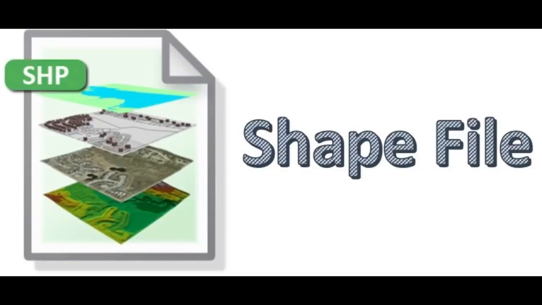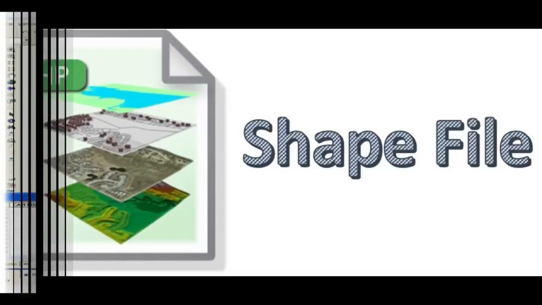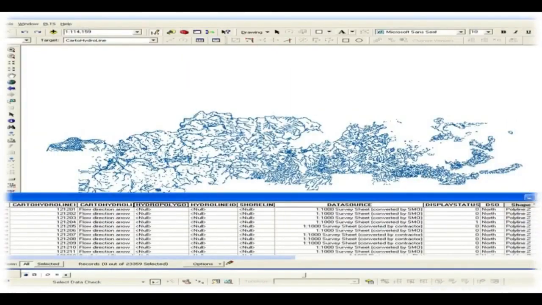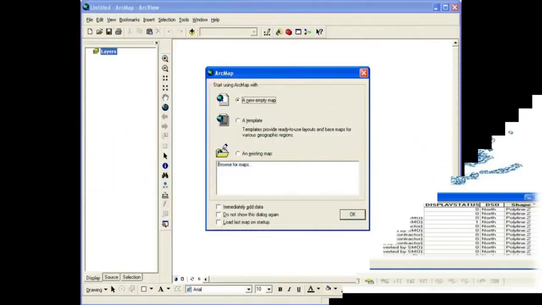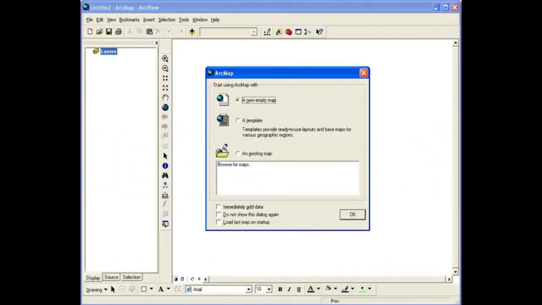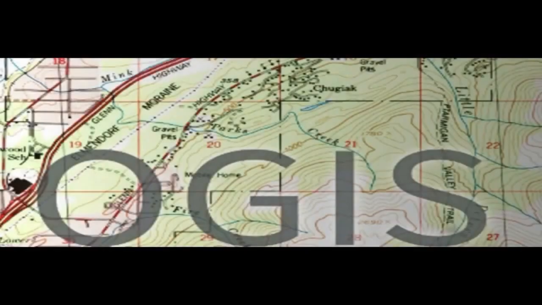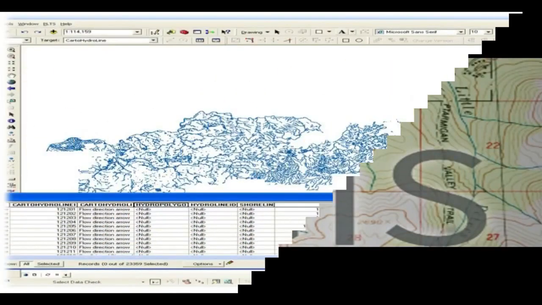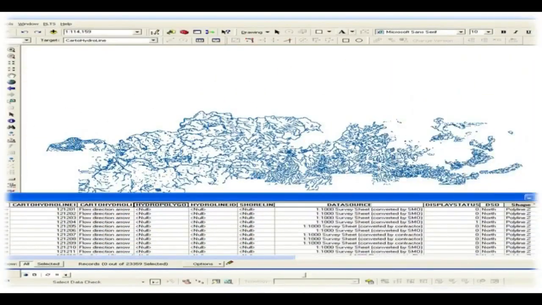Shapefile is a GIS file format and this is a single file format. Shapefiles are a simple, non-topological format for storing the geometric location and attribute information of geographic features. A shapefile is one of the special data formats that you can work with and edit in ArcGIS or any other GIS software. The shapefile format defines the geometry and attributes of geographically referenced features in three or more files with specific extensions that should be stored in the same project workspace.